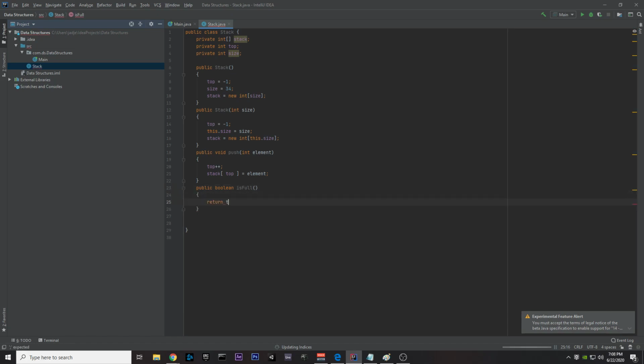So I'm just going to write return true here. The case where it does return true is when it's full, right? So we have to check. So when it's full is basically when the length of the stack array is equal to the size,